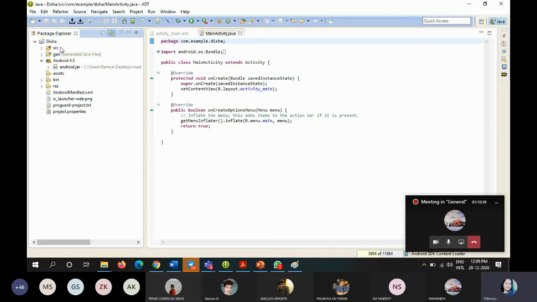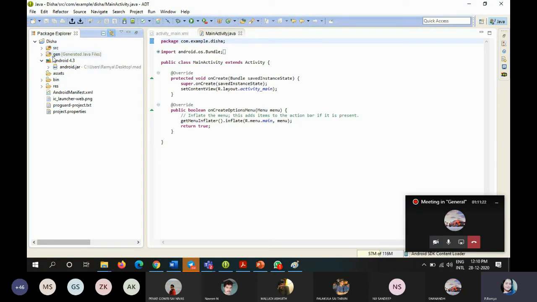SRC folder contains the source code. What is meant by source code? Programming instructions. So simply here you can say all the Java related data will be stored in SRC only. I don't give more data for each and every subfolder, because it is very difficult to remember. In order to avoid that confusion, I'm just trying to give the usage of each subfolder. That's enough. So you can say SRC means it contains the source code for each and every application. That's it. And the next one is Gen.